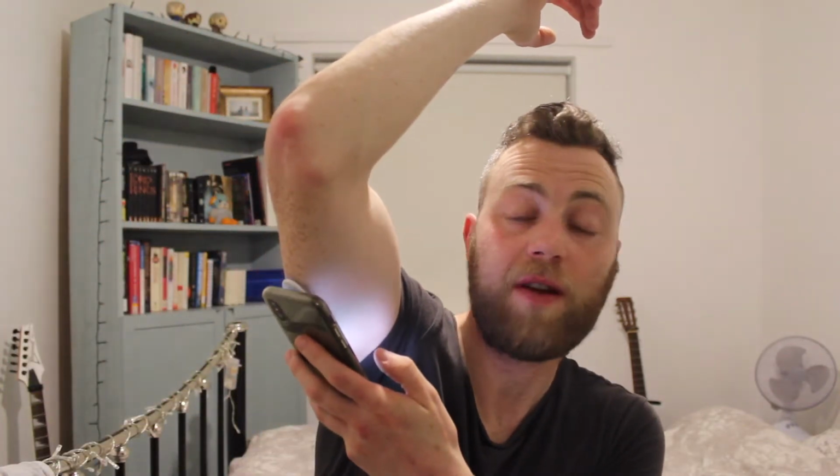Tip number 4 is get a FreeStyle Libre. In whatever way you can, get a FreeStyle Libre. It's absolutely amazing at managing diabetes at the workplace. I've gone from using a blood test meter 10 times a day, which is almost impossible when I'm teaching all day, to now being able to simply scan really quickly on my phone, and it's telling me my blood sugar straight away. It's really essential